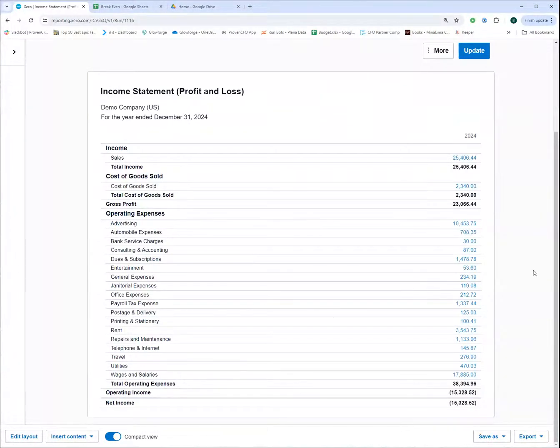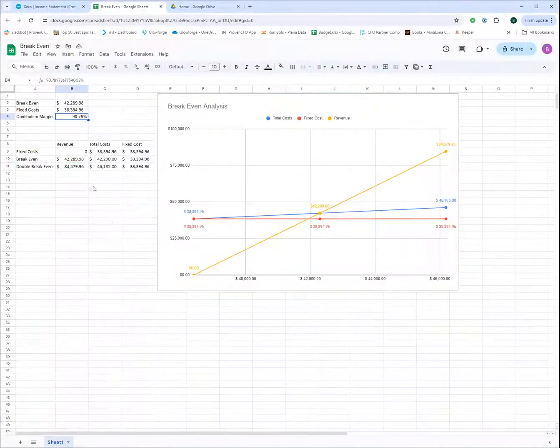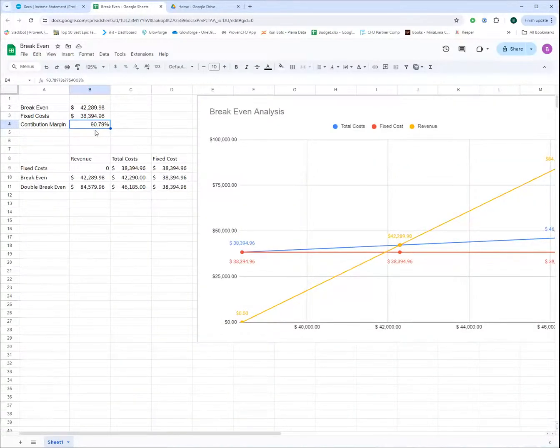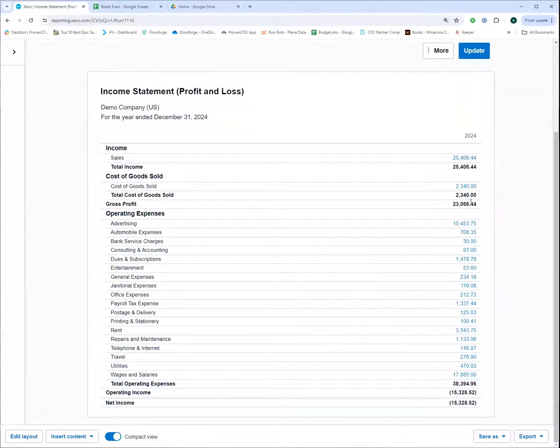In this situation, our gross profit is $23,066 off of sales of $25,406. When we divide the two, and I'll show you this break-even graph that breaks this down, this is the contribution margin here. Let me make this a little bit bigger, sorry. Basically, this number divided by the amount is 90%. This is a phenomenal and really good contribution margin or gross margin. We would all love to see that, and I hope every one of you has those types of margins, but that might not be the case. Either way, we have a 90% margin.